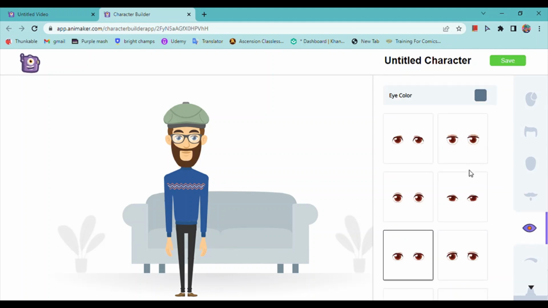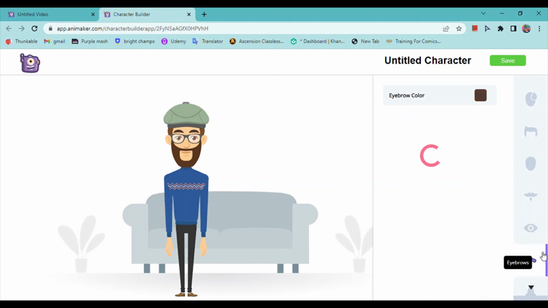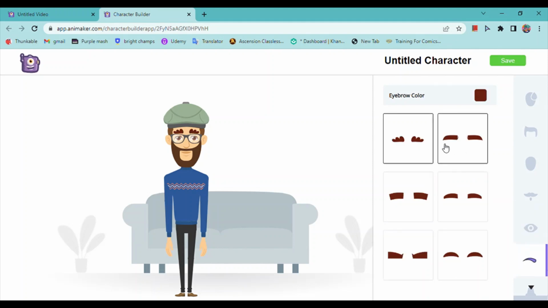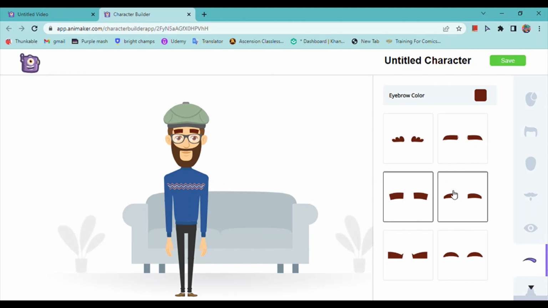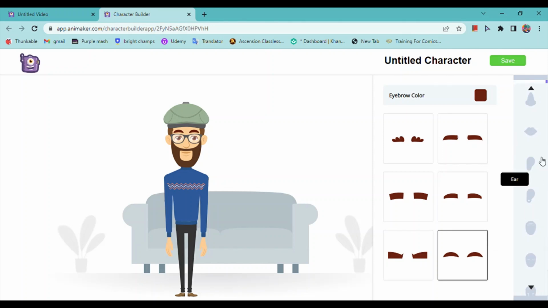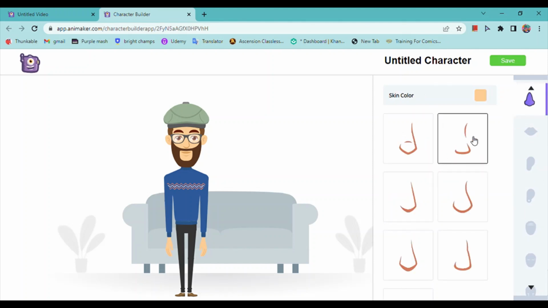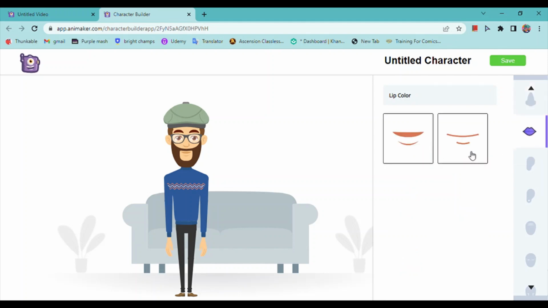You could also change the eyes, and up here you could change the eye color. You could also change the eyebrows to this bushy type, or this grumpy looking type, or this rectangular type, or this angry face looking type, and this normal type. You could also change the nose, the lips, the ear,